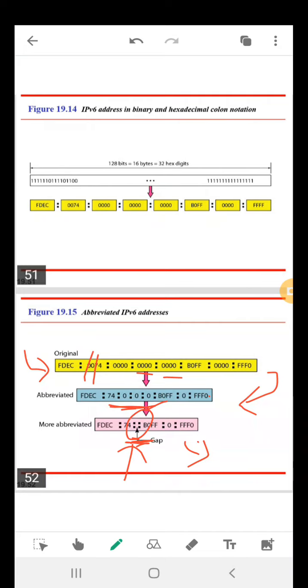In the next class, we are going to see what are the routing protocols that can be used in network layer, and the difference between IPv4, IPv6 protocols, and so on. Okay, so